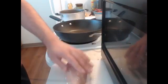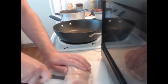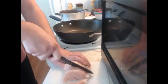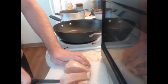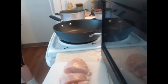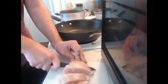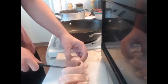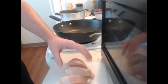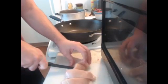Now this needs to be into large cubes. Now, since this serves 2 to 3, I'm gonna make half of the package. 1, 2, 3, 4, 5. Wait, 1, 2, 3, 4, 5, 6. So I'm gonna make 3 chicken breasts. I think this only calls for a pound though, so I'm not really sure exactly how big these are. Obviously, it doesn't tell you the individual weights. The whole thing is about